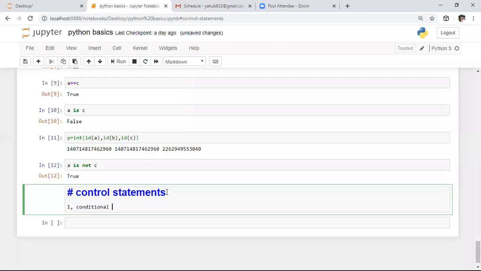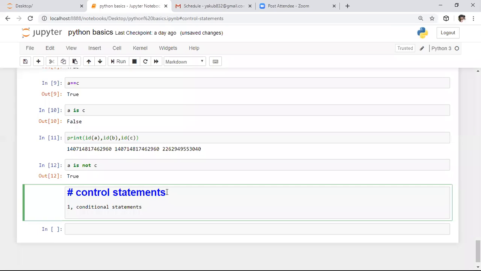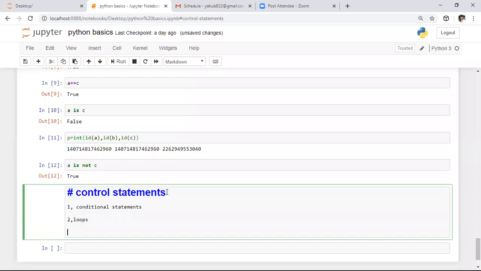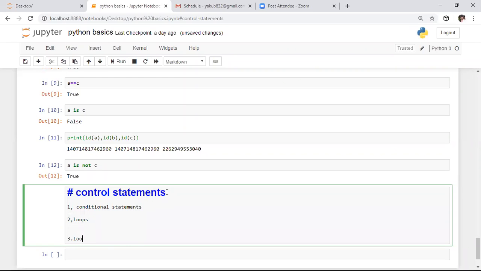After conditional statements, we have the second category, that is the loops concept. After this, we have one more category, that is loop transfer statements. These are the different control statements. The last one is the loop transfer statement. In today's class, we will discuss the conditional statements.